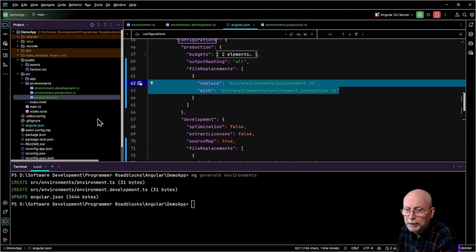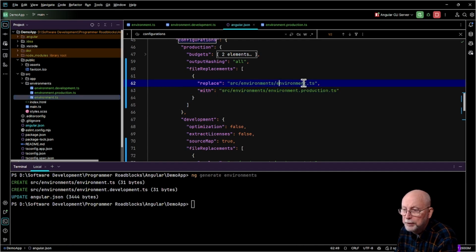So everything in this file needs to match this file, because when you're doing your development, you're editing your source files, and it's going against this. It's not going against these. So this replacement makes this production file look like the regular environment.ts file. And that's one reason they need to have the same